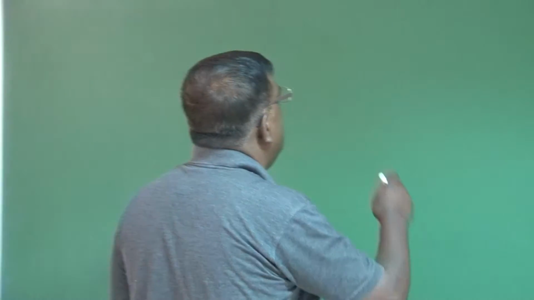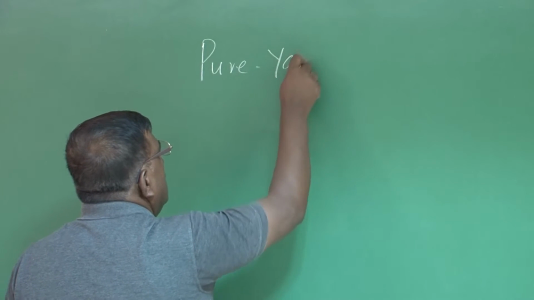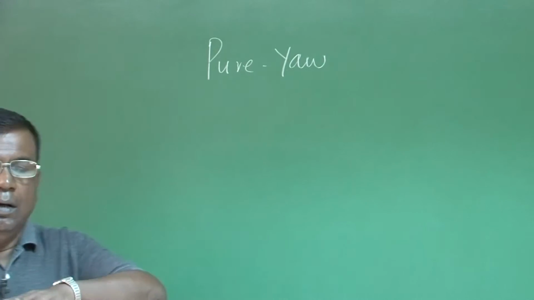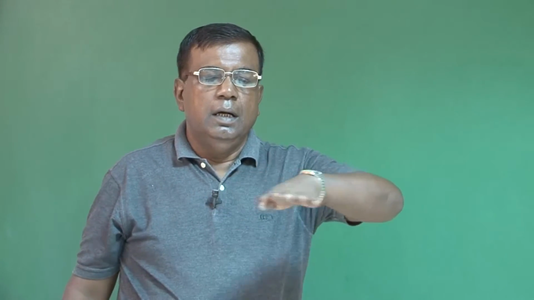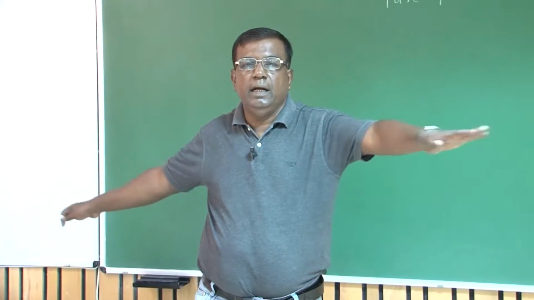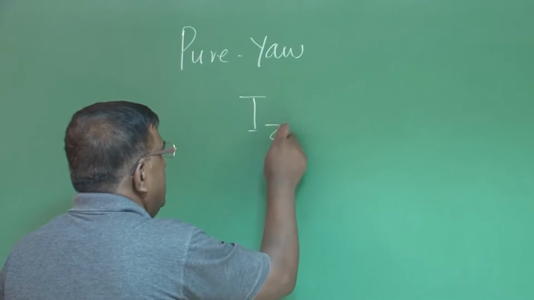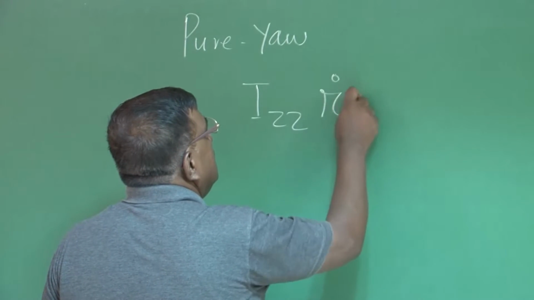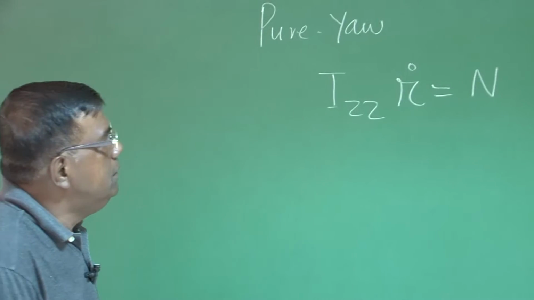If I take pure yaw, that is, only this yaw motion is allowed. As you know, as far as yaw is concerned, when the right wing goes back, that is a positive yawing moment. When I am flying like this and the right wing goes back, that is a positive yawing moment. And you also know that IZZ R dot is equal to the yawing moment N, where R is the yaw rate,